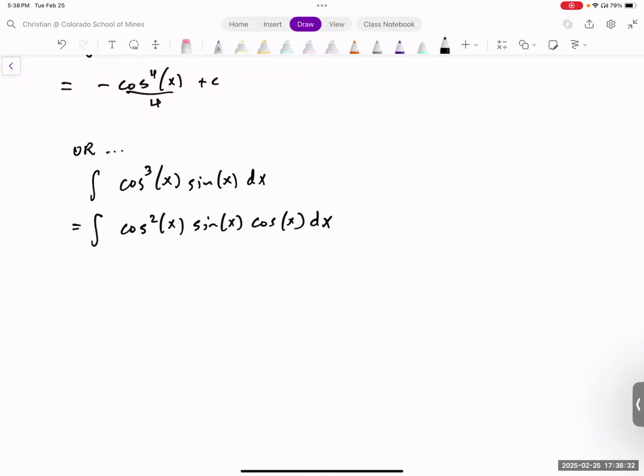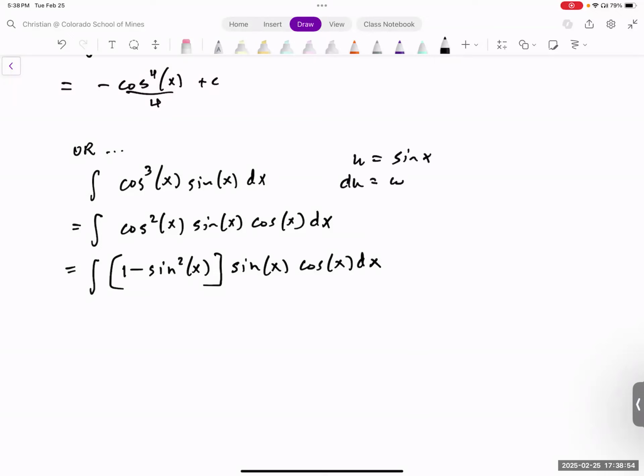If we did a u sub, no, we need to rewrite cosine squared in terms of sine. That's 1 minus sine squared x. We have our sine of x there, cosine of x dx, and now do a u substitution. u is sine again, du is cosine of x dx,